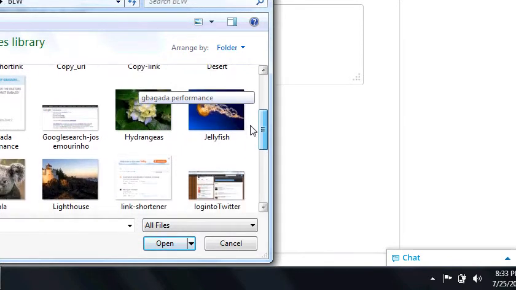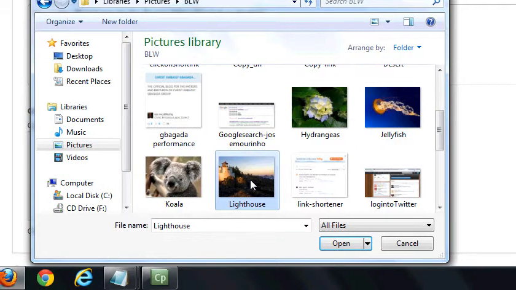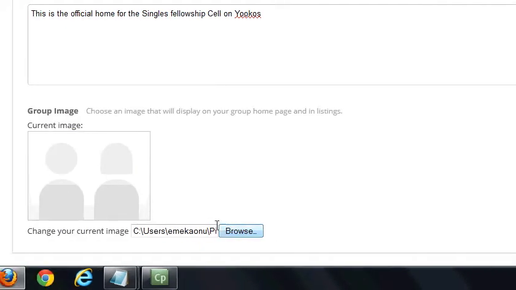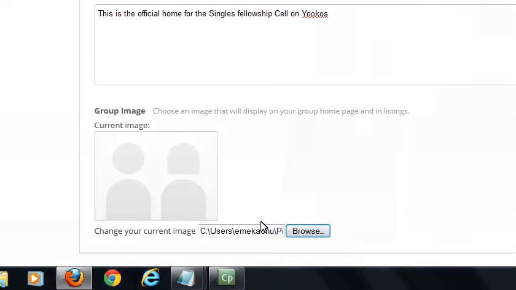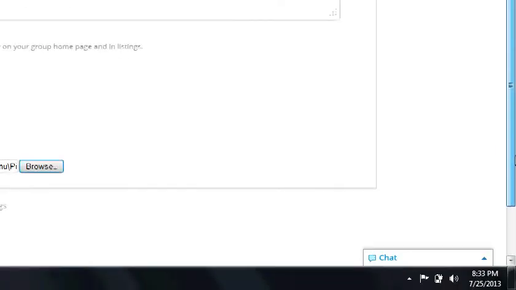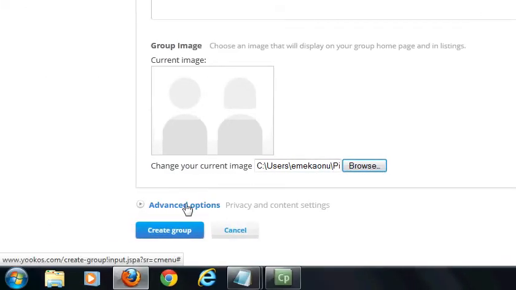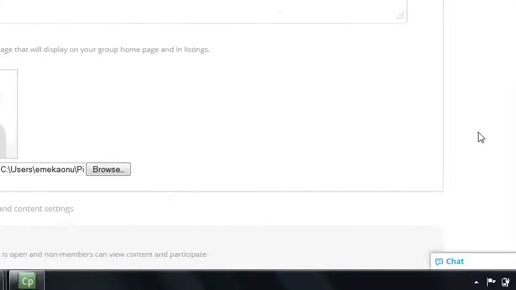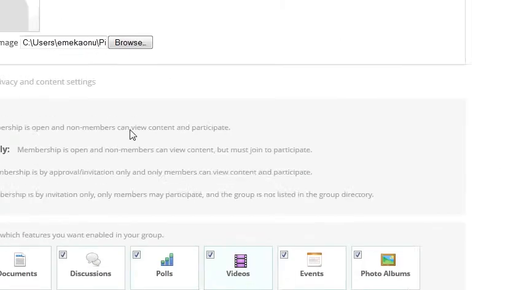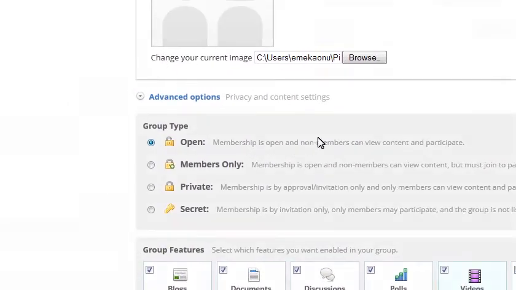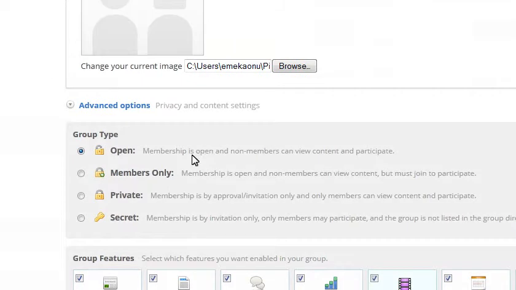I want something like, okay, this is a lighthouse. So I upload this picture. It has already taken the path. So under advanced options, open folder to check. Don't stop there, just look at the group type. You can see here, group type open, membership is open